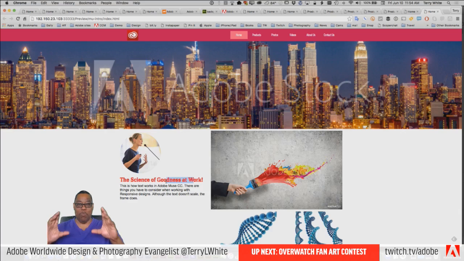Because when it rendered out the HTML for me to preview this page, one line of code got written that says, everywhere this font is being called, go get it from Adobe's Typekit servers and display it in the person's browser. So it's being hosted by the Typekit servers. You don't have to worry about it. So the normal question I would get at this point is, what if I design it for a client? Is that okay? Yes, it's okay.